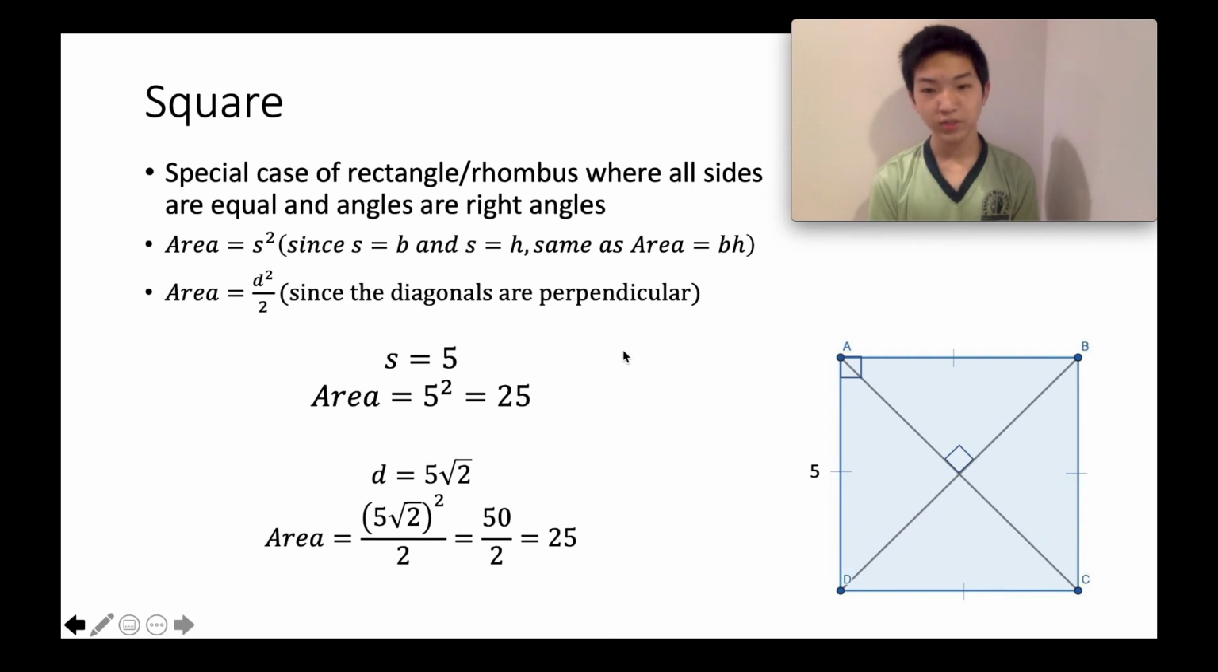Additionally, we could alternatively find that the diagonal is 5 radical 2, so then the area would be equal to 5 radical 2 squared over 2, which is equal to 50 over 2, which is equal to 25. And in case you're wondering how we found that that was 5 radical 2, we know that because it's also a rhombus, these angles are bisected. So since we know that these angles are bisected, and this is a 90-degree angle, this would be a 45-degree